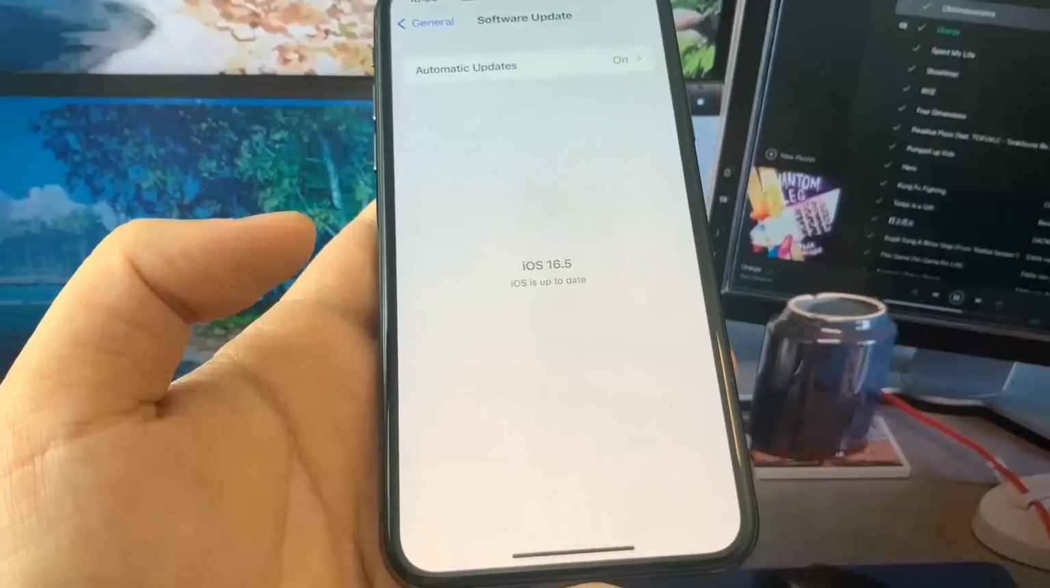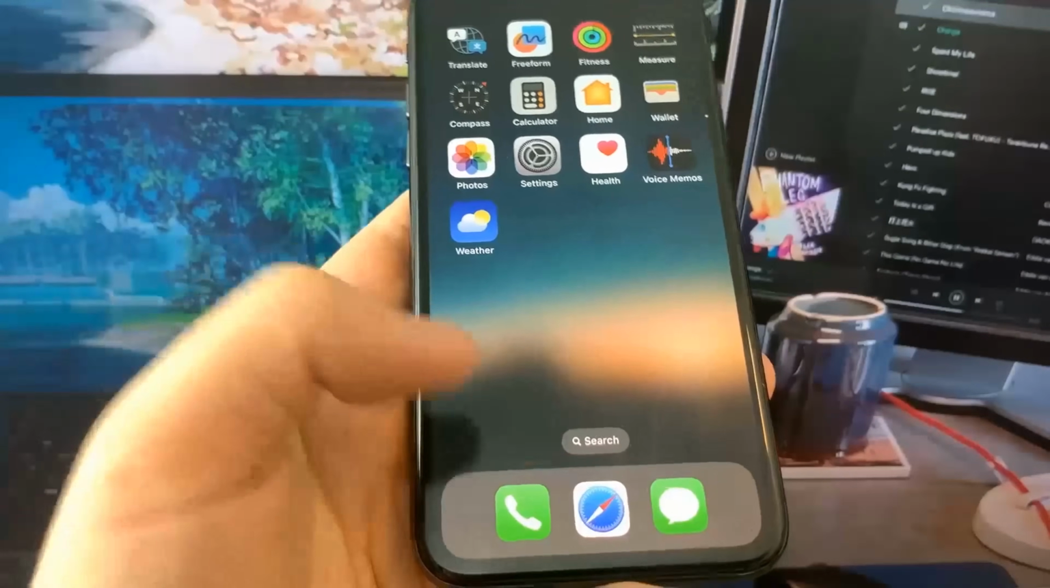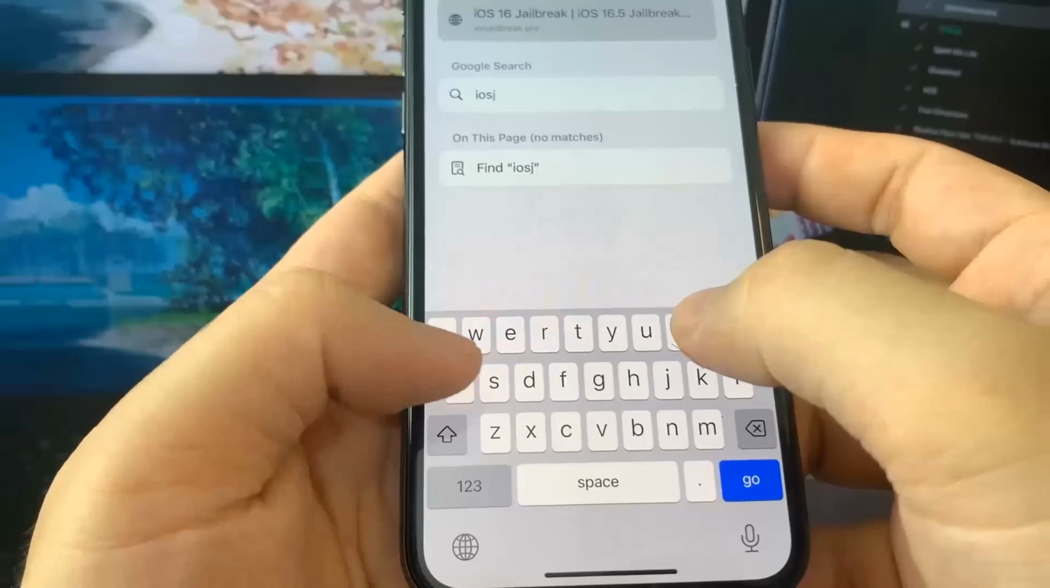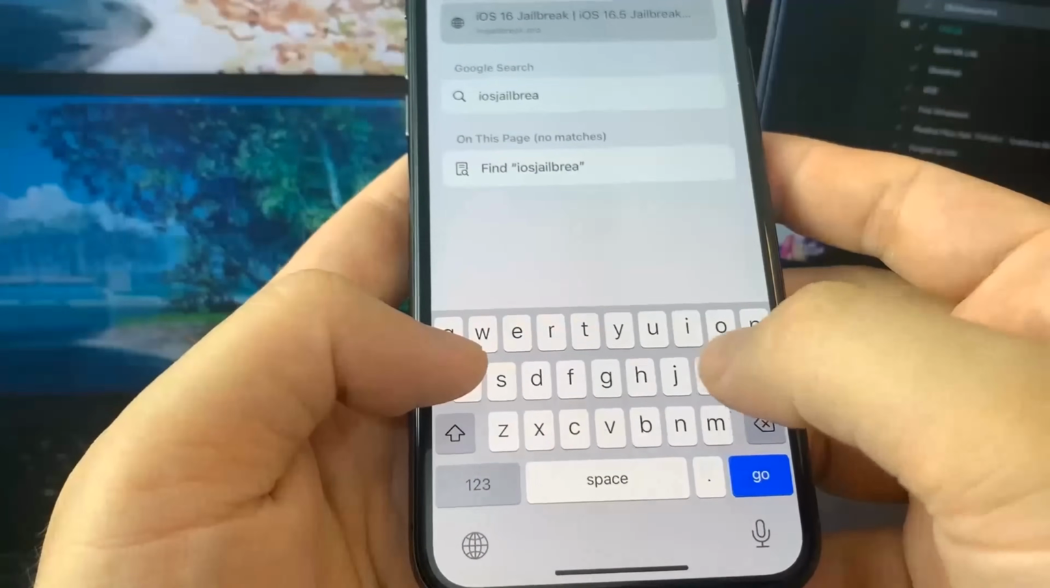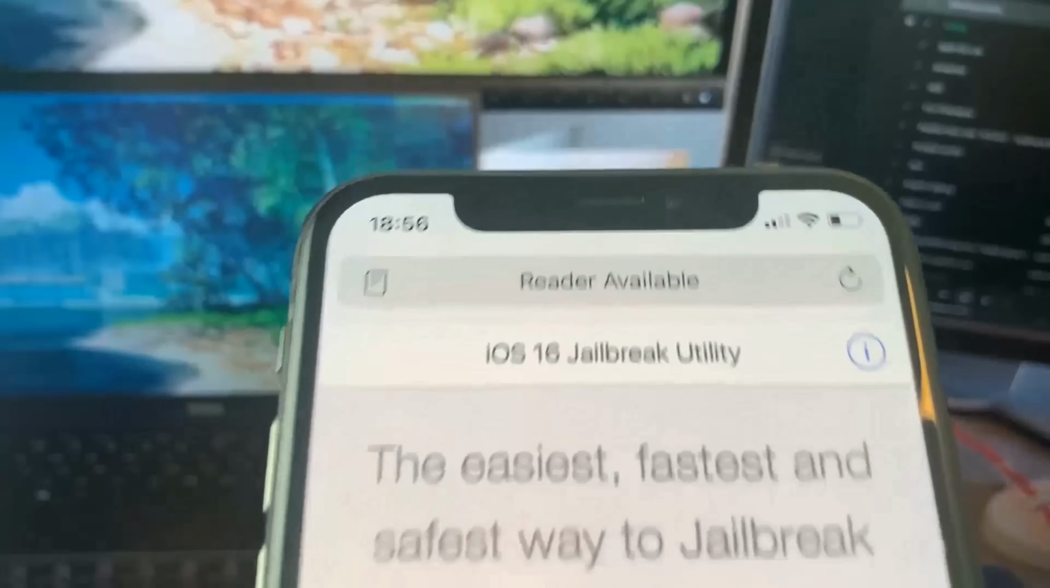This is very simple guys, you just have to pay attention and you will have your device jailbroken. So what you want to do guys is go ahead and go over to this site iosjailbreak.pro. So let me just type it in right here. That would be iosjailbreak.pro. So once you're on this site guys, what you need to do is go ahead and select your device